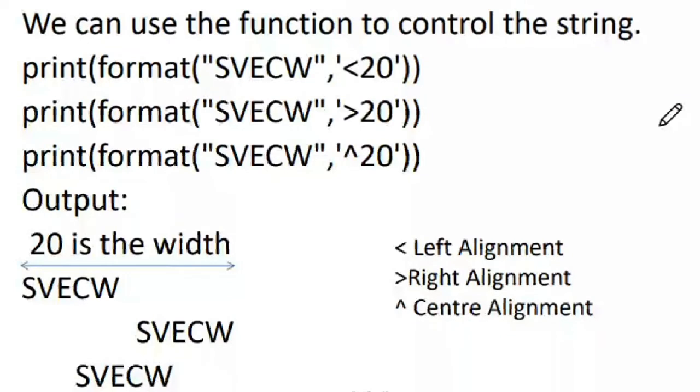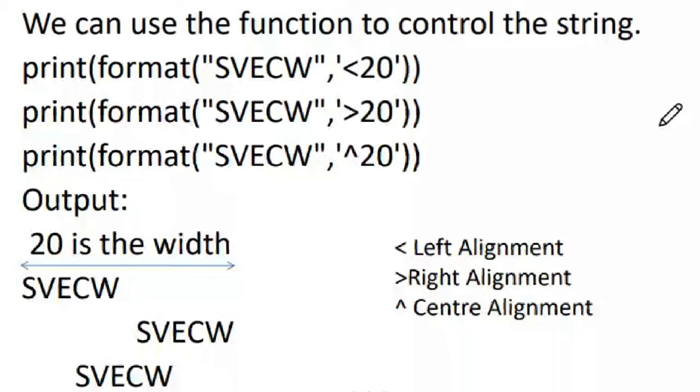In today's class, we'll look into the format method once again. We have already seen the format method in the previous class. Can somebody tell me what we have used the format method for? The precision after the point. Okay, in case there are so many numbers, the decimal part has so many digits. If you want only 2 digits in the decimal part, you can use this format method to do that.